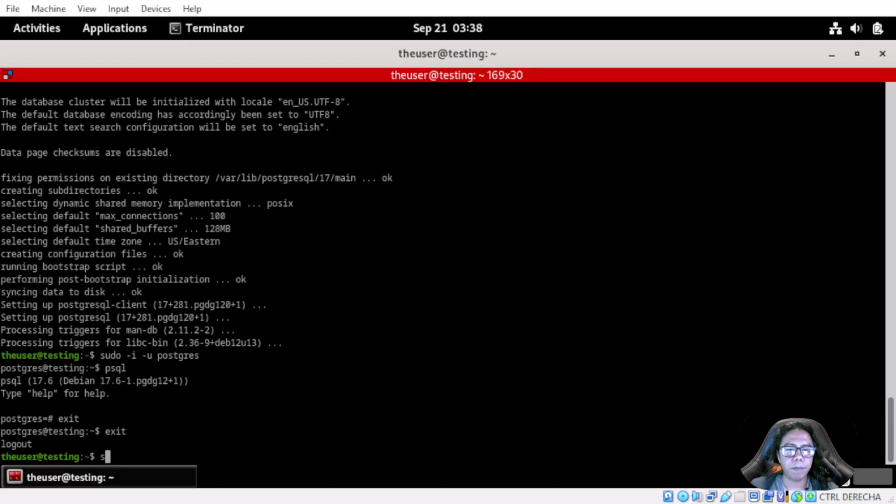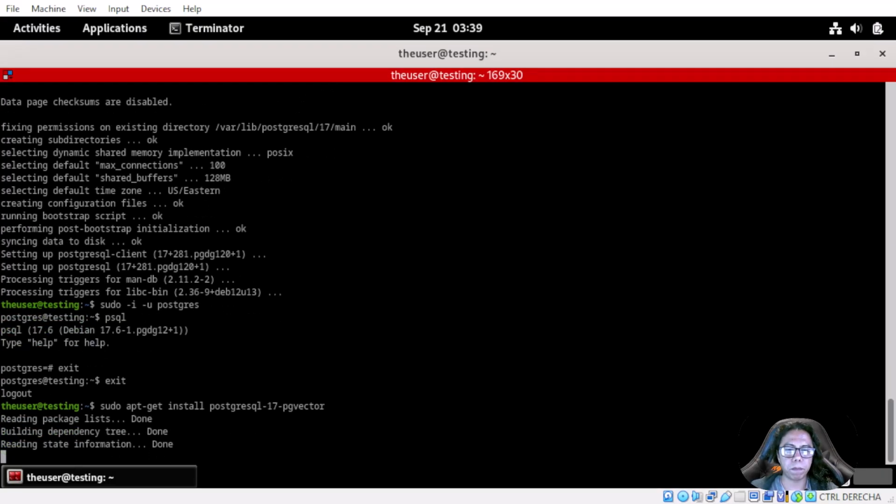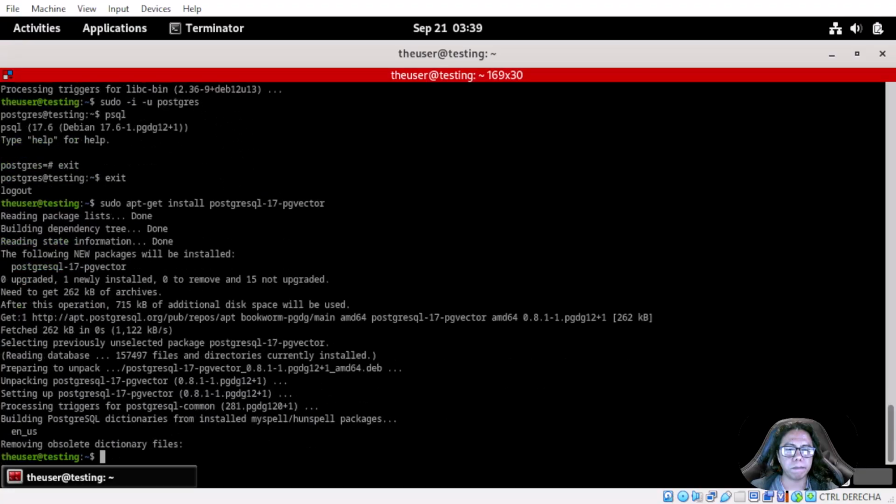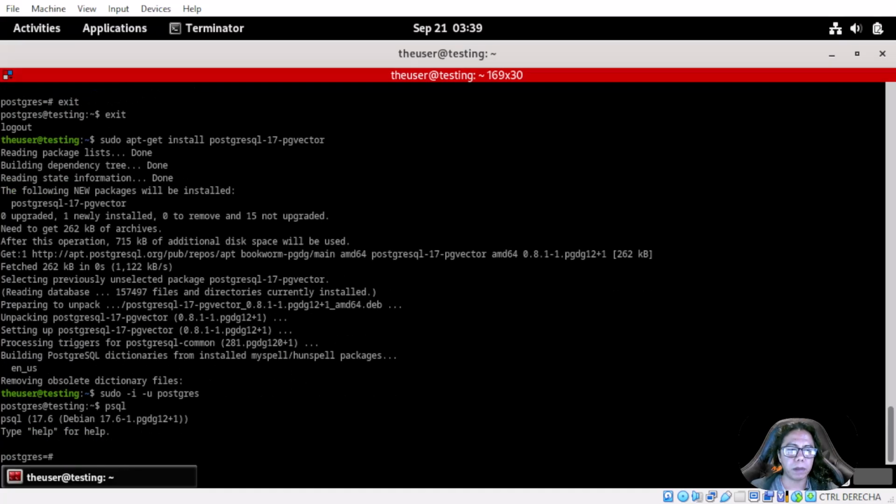Now, the next step is to install the PostgreSQL 17 pgvector package. It's installed. Here we need to enable the extension.